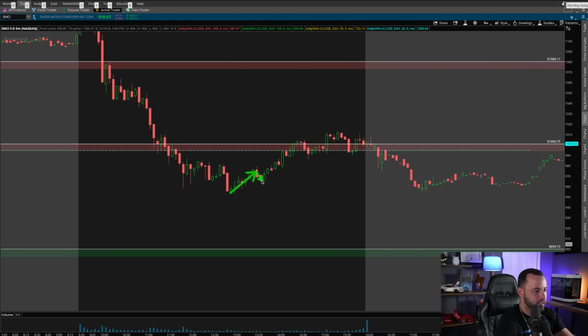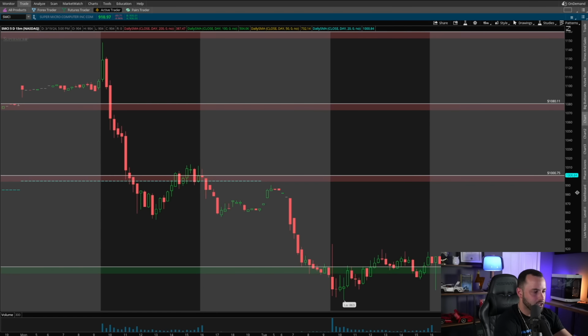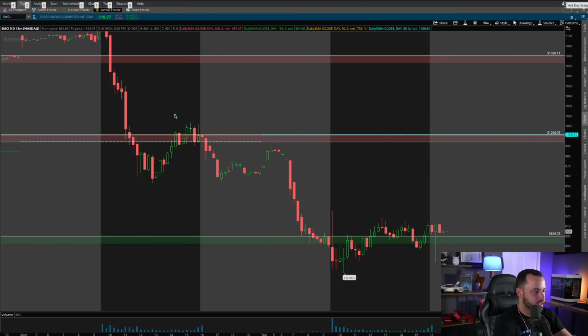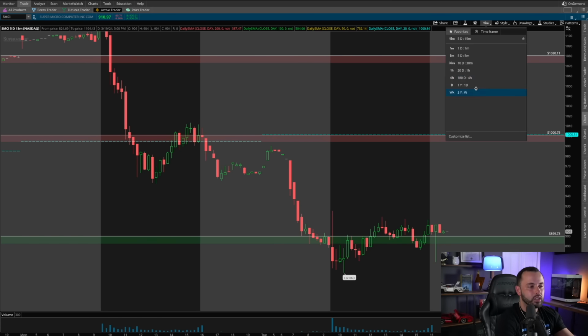Later in the afternoon, we had a little bit of a pop back higher, and we started to see some rejections at this daily 20 SMA. If I go to the 15-minute chart, you can see that we just did not look strong trying to hold back above that daily 20. We had some very ugly wicks, some wick rejections on the top of it, and I told myself, let's give this another day. Let's see if this is a rejection of the daily 20, which could lead to a gap